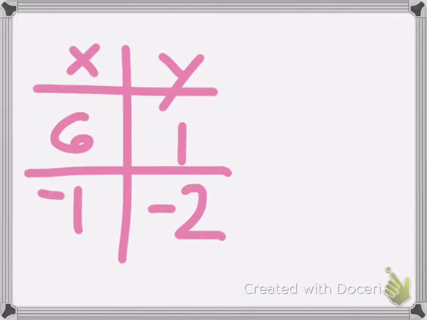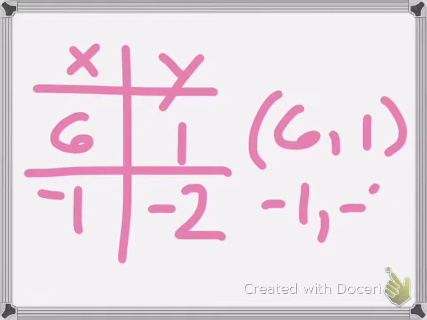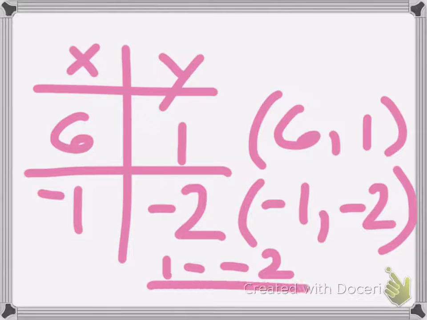And the ordered pairs would be here 6, 1, and -1, -2. So if I'm writing an equation, I would again need to find the slope first, so that I can then use that to find the b. So my slope is the y's over the x's, subtracted,